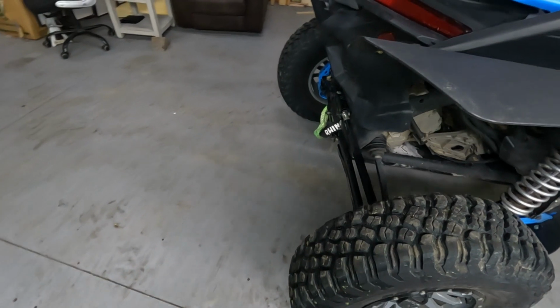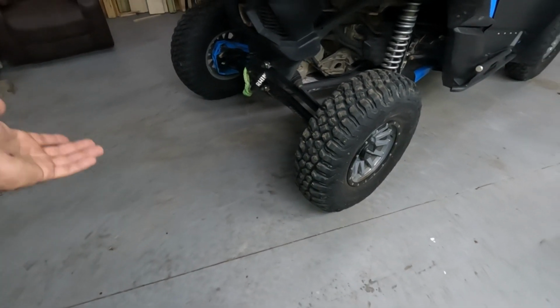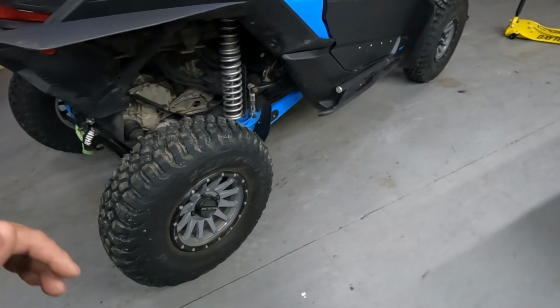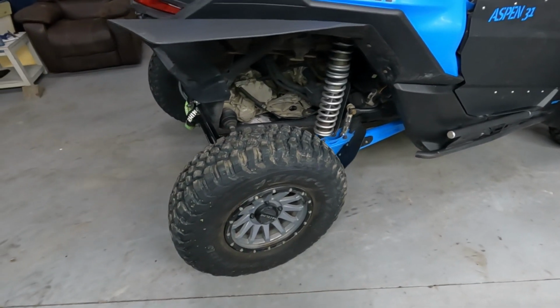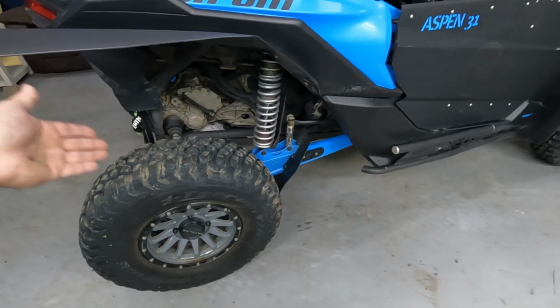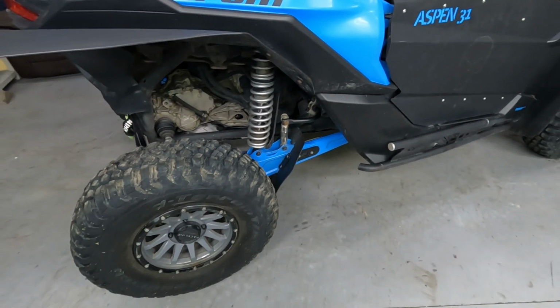They have a little bit of trouble. The 2.5 has some XTR 370s on it, which are a lot like the Maxxis Carnivores. I don't know if those things are just really soft tires or if that open tread pattern is just that much better. But they really do have a little bit of a hard time keeping up with that one in the mud. So front and rear, if you didn't notice, the Shock Therapy sway bar links,